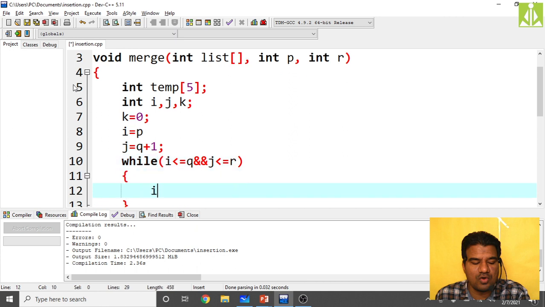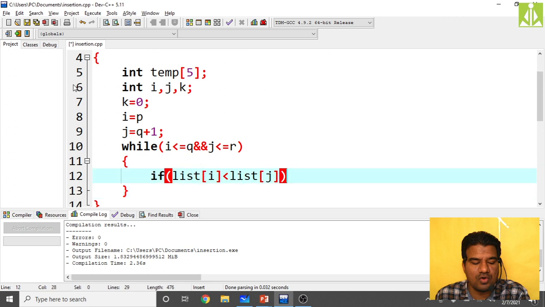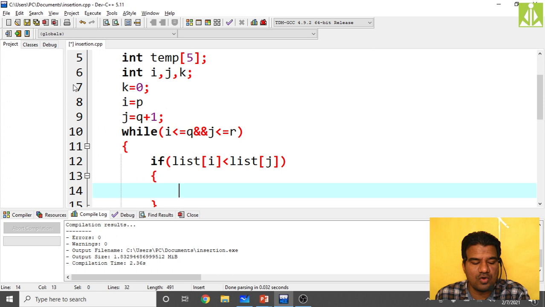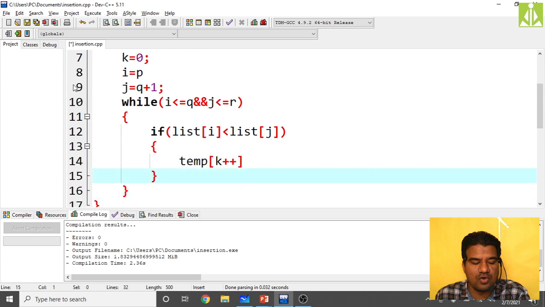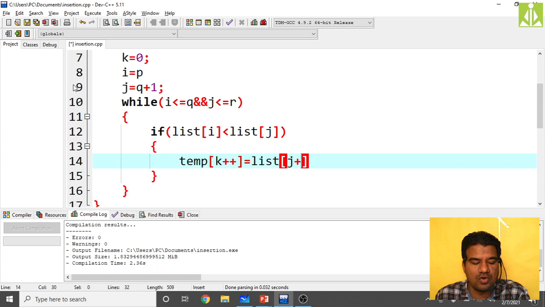Okay, in this, if my list of i is lesser than list of j, then if this is true, simply make temp of k plus plus equals to list of i plus plus.